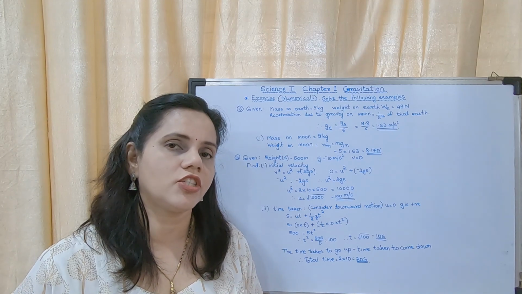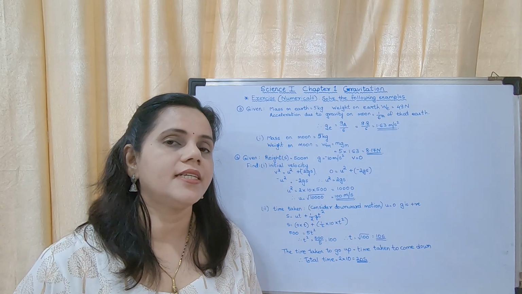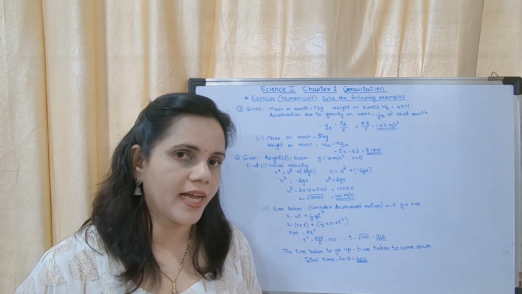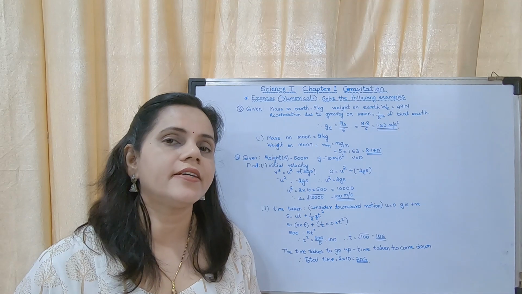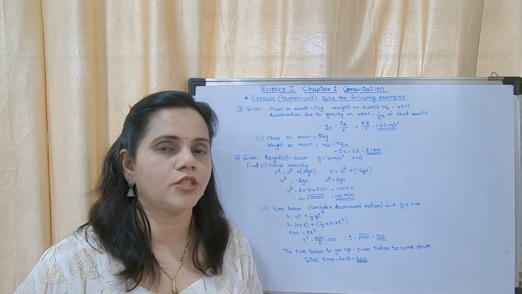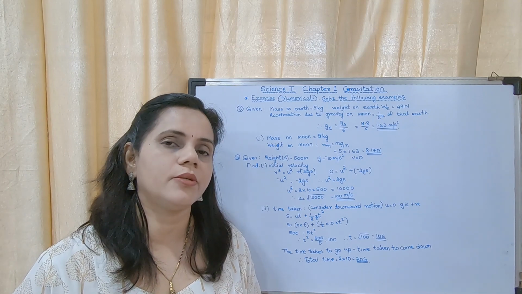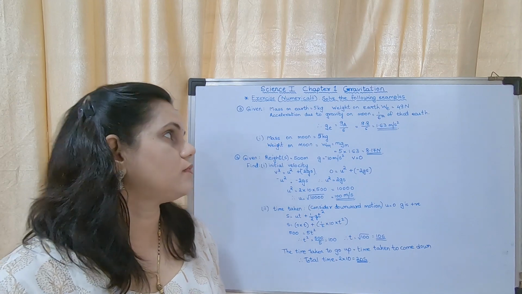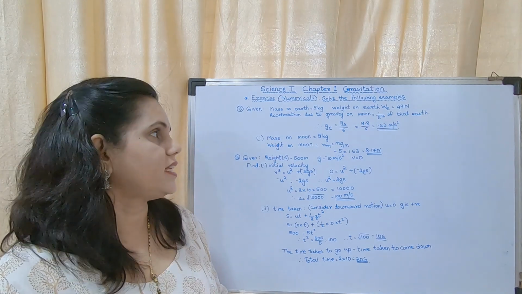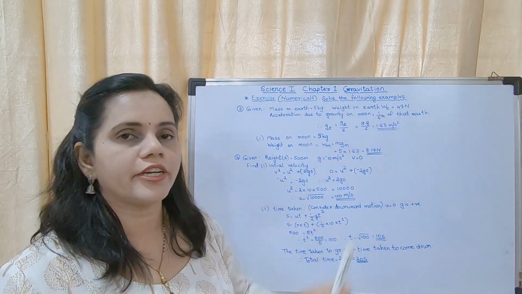It is always constant. What is mass? The quantity of matter present in an object is called mass. And what is weight? Weight is the force with which the earth is attracting the object towards itself. We know that the equation to find out weight is W is equal to mg. So mass on earth is equal to 5 kg. Weight on earth, WE, is equal to 49 Newton.